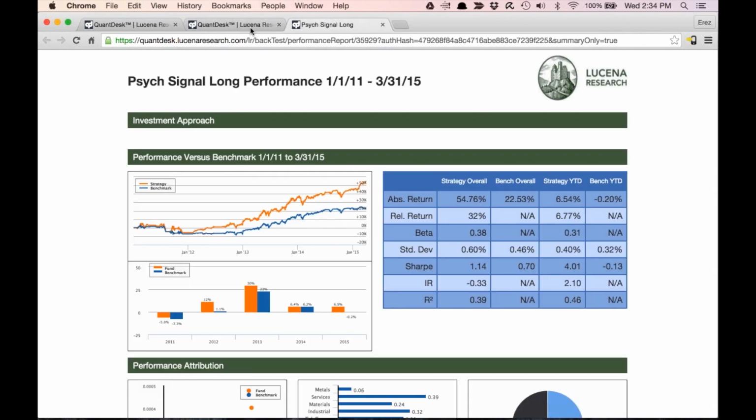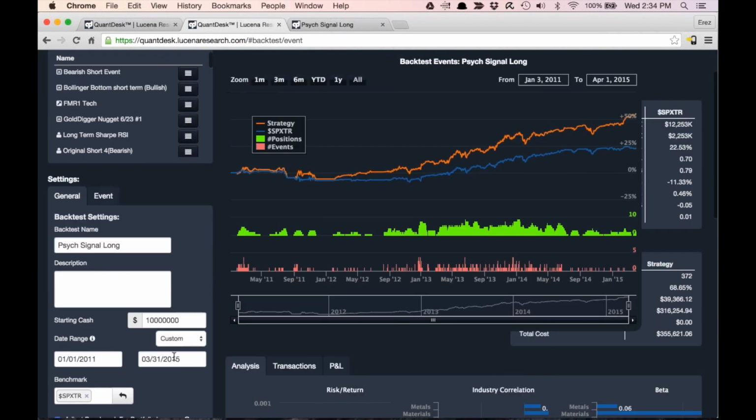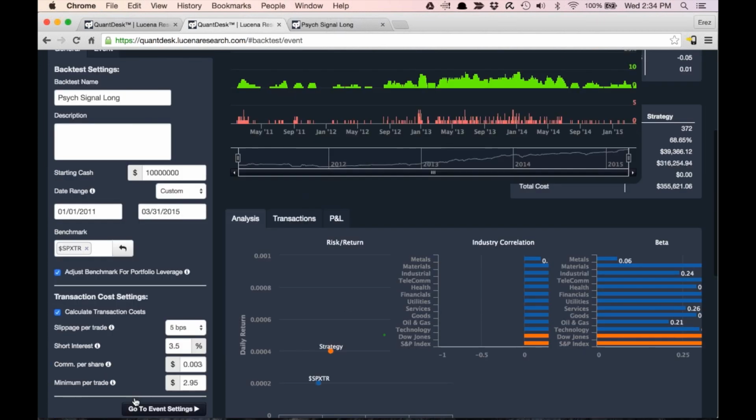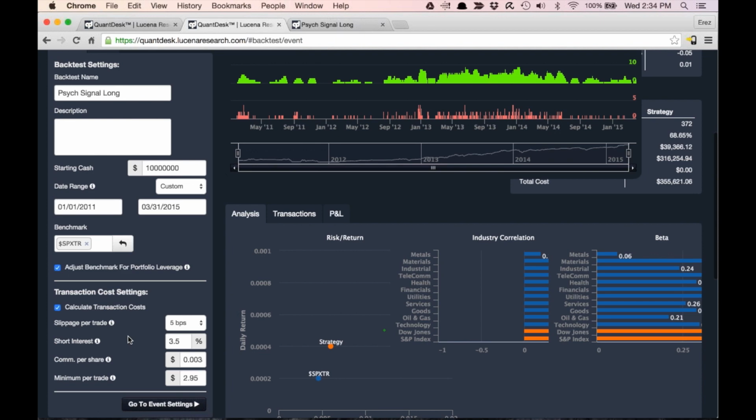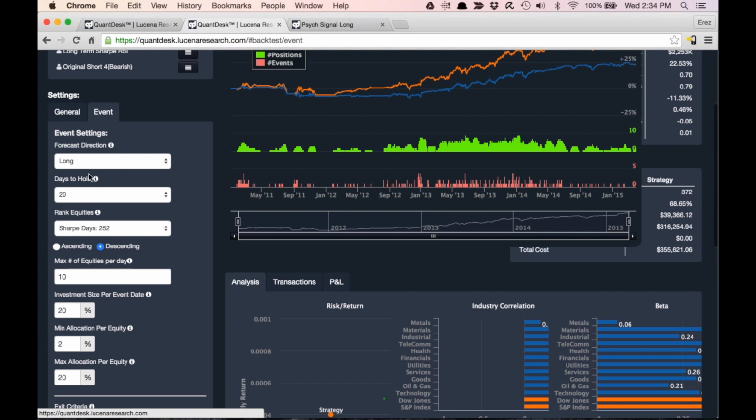To do a backtest, we would have to basically execute a historical simulation of what happens if I actually bought and traded every time a signal was met between January 1st, 2011 and March 31, 2015. This is basically multiple years out of our sample year, which was 2012, in which we defined and refined the event. So when I run the conditions during that time frame, you can see here that I can simulate the transaction cost. I can simulate how much we are going to allocate out of our portfolio for every event instance, how long we are going to hold the positions that we simulate buying, and how many positions per day,